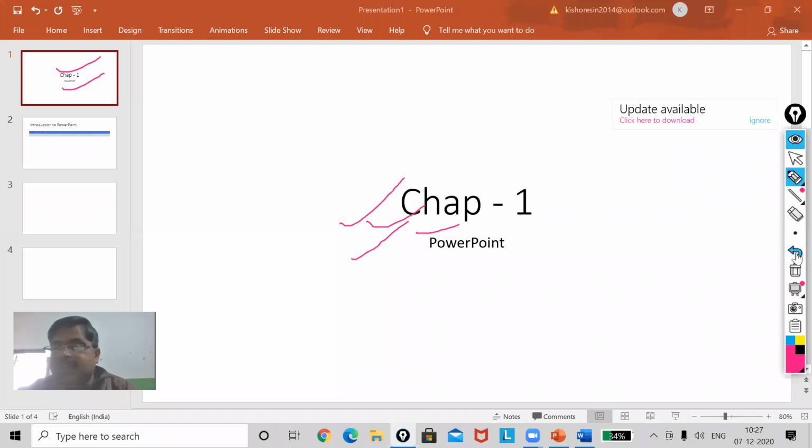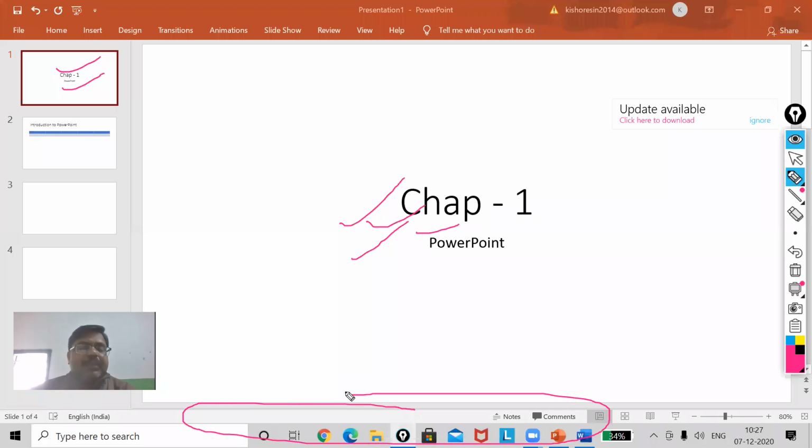Now, the next part is your notes pane. You see the down part. So what is the use of the notes pane? Students, directly below the slide pane is the notes pane. Just now I'm showing you this one. As the name suggests, this is where you can